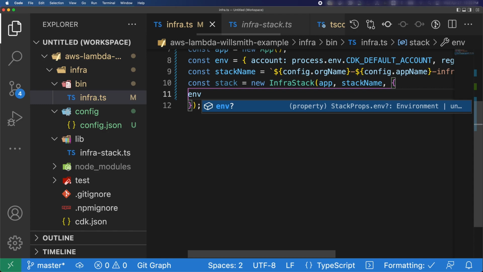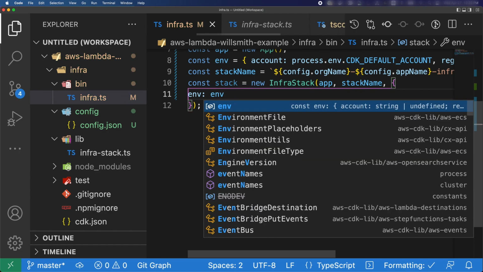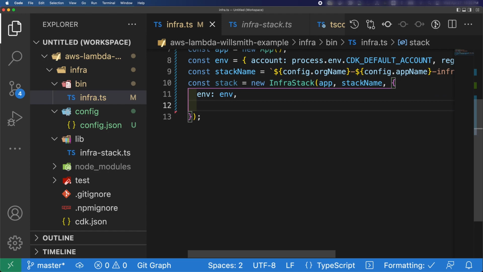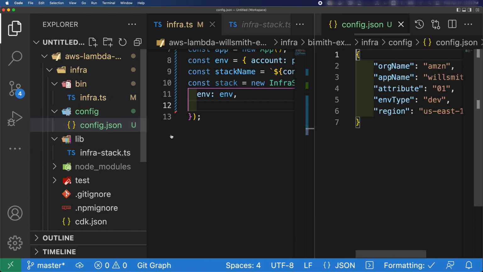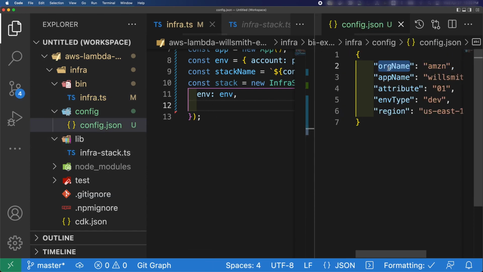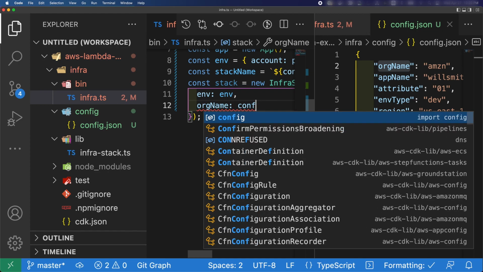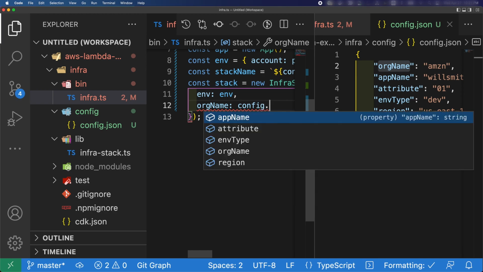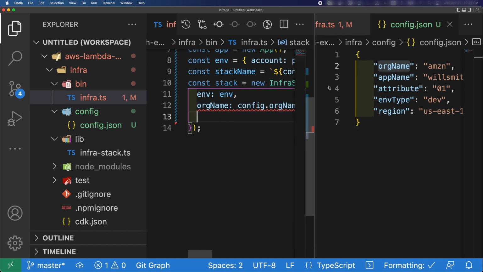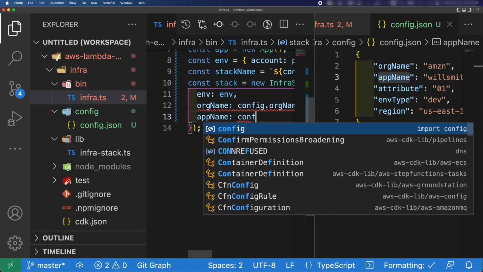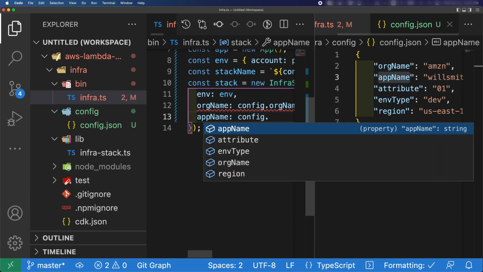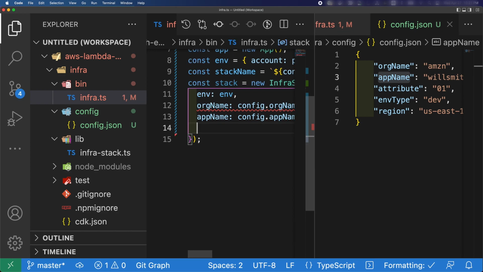First thing is we're calling our environments, loading from the environment variable, and then whatever you are defining in the config.json, we're going to include that. Which is basically org name coming from config.orgName, and then we're going to use this information to create resources with a specific name to it. That's the reason we are including this information. config.appName, okay, and